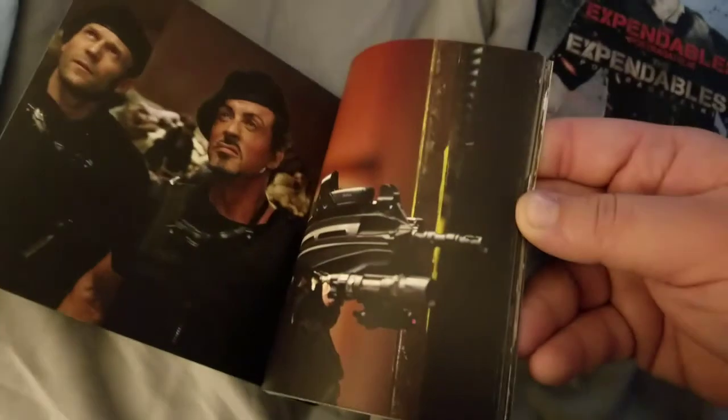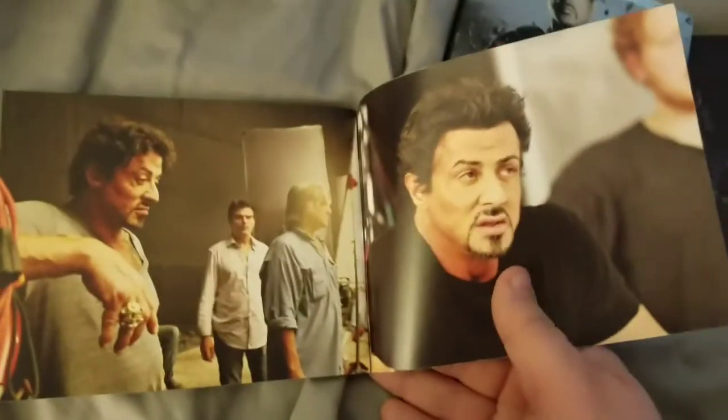Let's go ahead and take a look at the second one here, but before I do, here's the booklet, which includes pictures. I believe everything in here is just from the first movie. And then I would assume that the second one is the stuff from the second film. I think. Don't quote me on that, but